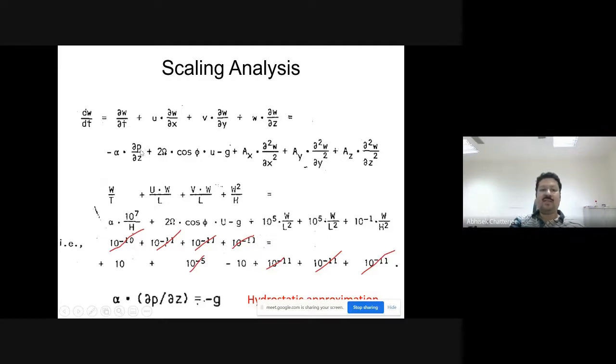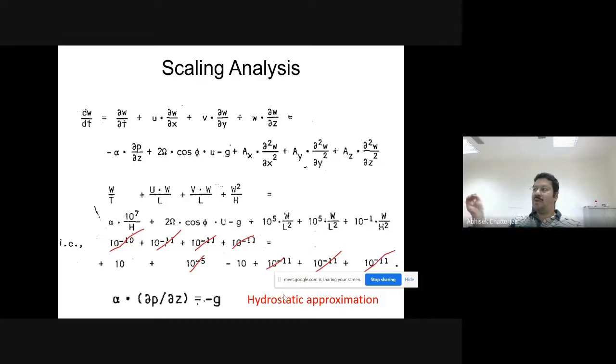So this pressure gradient term is equivalent to G, and the rest of the terms are much smaller. So what we found is that the pressure gradient balances the gravitational acceleration, and that's how you get this hydrostatic approximation, which is basically the hydrostatic equation, but we call it an approximation because you are avoiding certain terms here. They are small but not zero. Okay, so that's why it's a good approximation. That's why we're calling it an approximation, because other terms are non-zero, but they are much smaller compared to the terms like G and the pressure gradient. Okay, so this is called hydrostatic approximation.